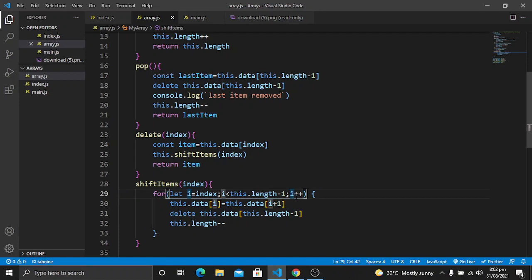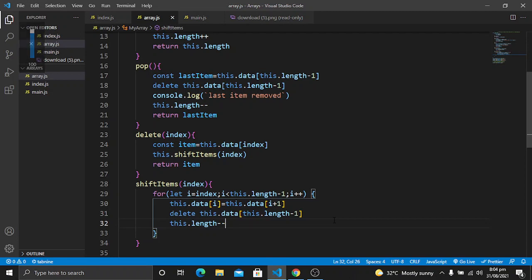Now the last item is already present because we are running a loop from 5 to 9, so the 10th item will be moved to the ninth position, but the 10th item, or we can say the last item, will be at two positions: one at the last position and the other at the second last position, because all of the items have moved one step backward. So to remove the last item we have used delete this.data at this position, and then we have decremented the count because we have removed one item from our array.